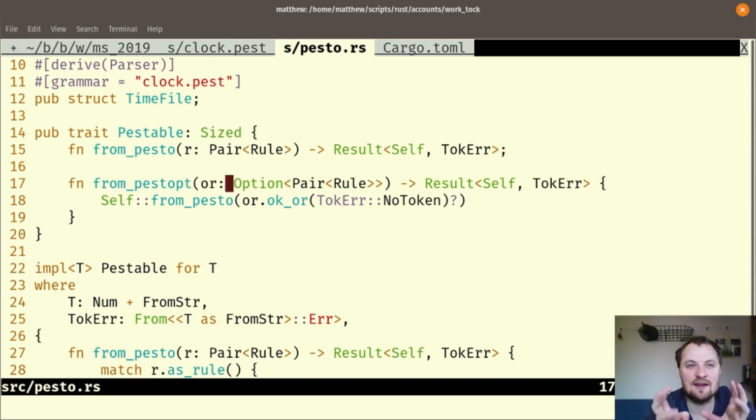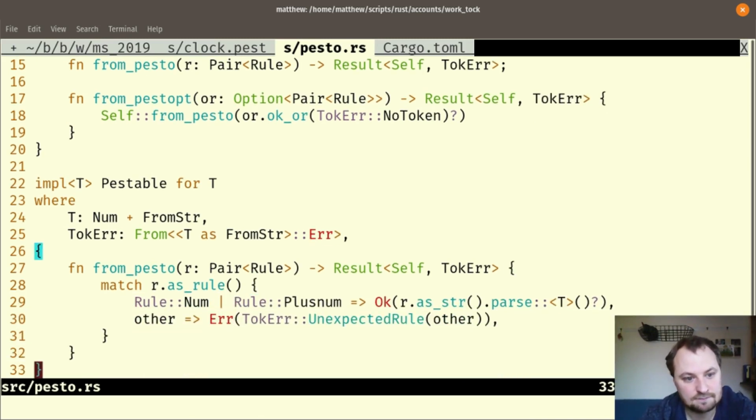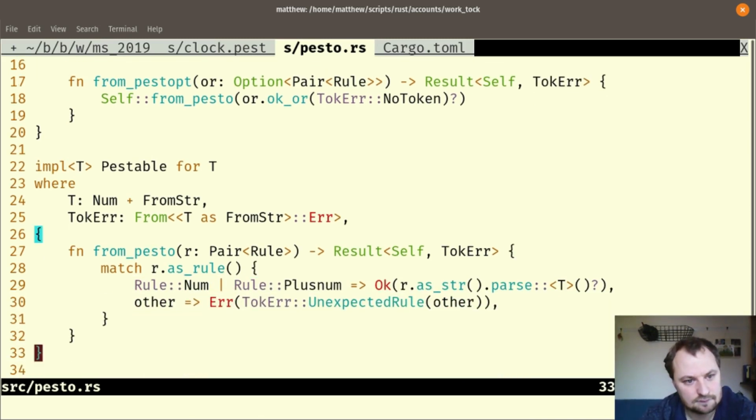All that Pest will give you back if you ask for it is an and str between the start and finish, and you will then have to pass it into whatever else you want. So you've managed to find the bit that is just the digits, but you actually have to convert these digits into an int, right? So I did actually make this trait work for anything that was a num. So yeah, as long as your thing was a num and had from str, then I gave it a rule that said, hey, try and parse it, right? And so it says,